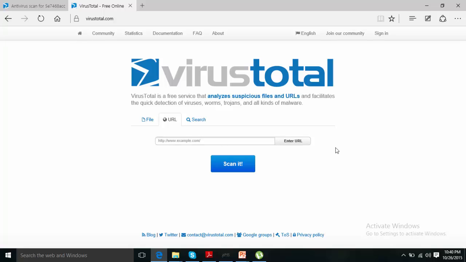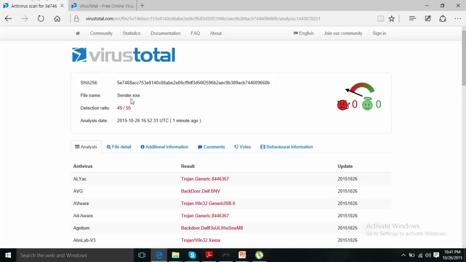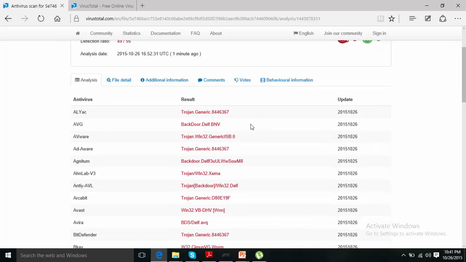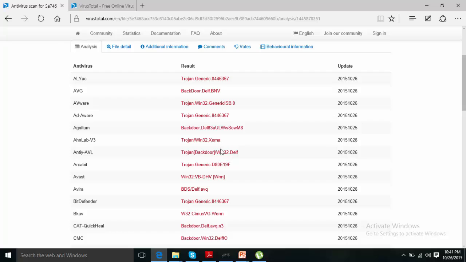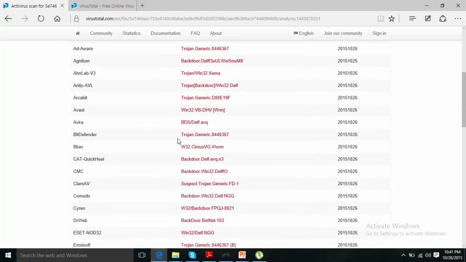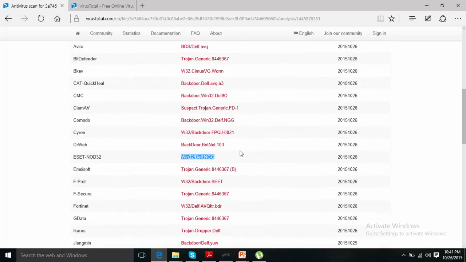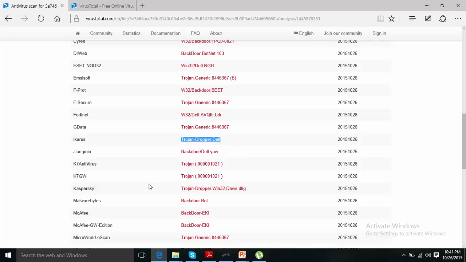It will scan with lots of engines which have the capability to detect if the URL is malicious or not, if it has malicious scripts or not. Like this, I have uploaded my sender.exe, which I just created with the JPS toolkit. If you can see, all the antiviruses are detecting it because they already know what the code behind it is. Bitdefender is detecting it with this name, your ESET NOD32 is detecting it with this name, your